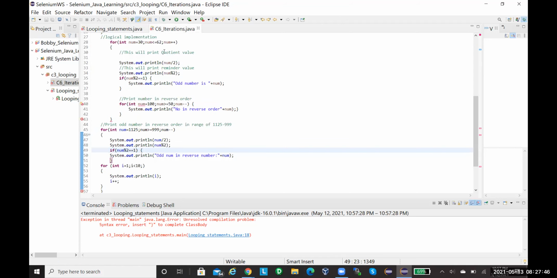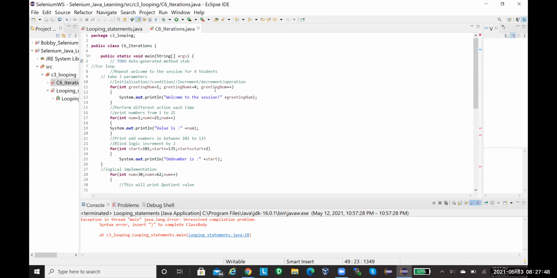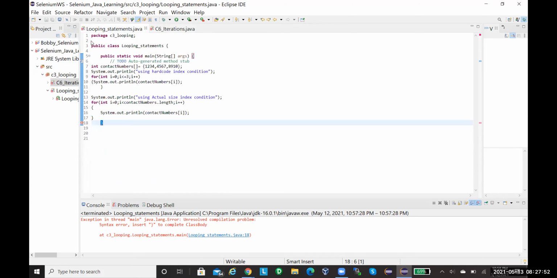That is the second indication. And the third indication is on the left side, in the project explorer, there is a red cross mark on all the classes that you created. So these are the three indications that your code is not appropriate. Your code is not matching the Java syntax, or your code has some compilation issues.